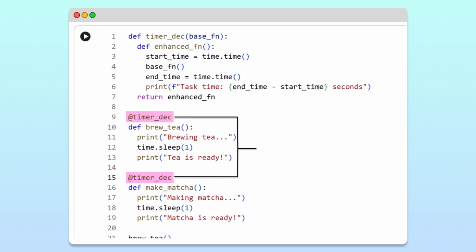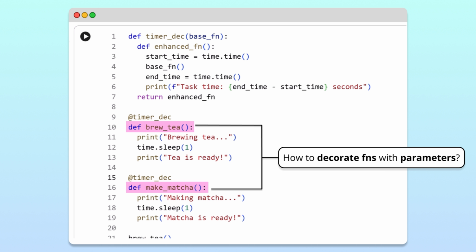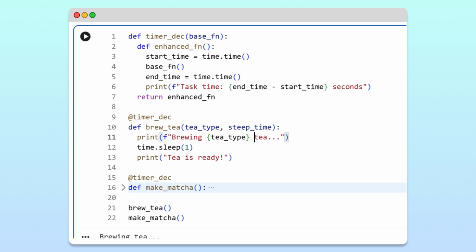But so far, we've only decorated simple functions that don't have parameters. To decorate functions that do have parameters, we need to do a bit more work. To give ourselves some space to work, let's fold the makeMatcha function. To see how to decorate functions with parameters, we'll modify our brew T function to take two arguments, the type of tea to brew and how long it should steep. We'll use these values inside our function to update the first print statement and the sleep function. Then, we'll update our brew T function call to pass the tea type green and a steep time of 1